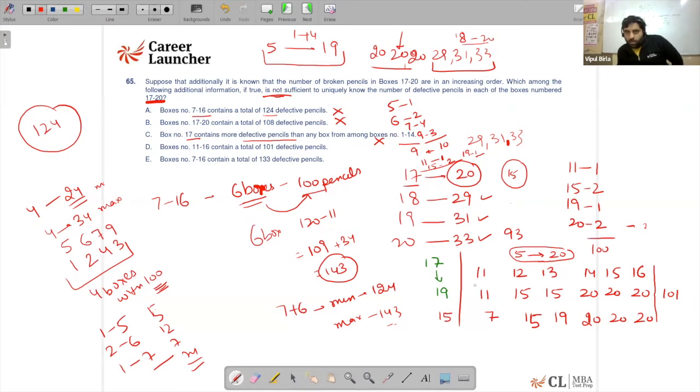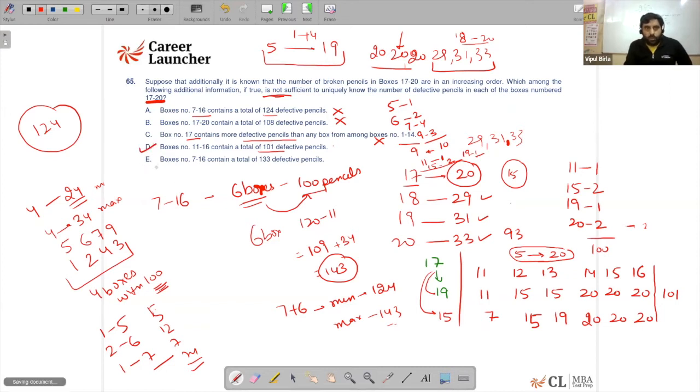So the other 7, 8, 9, 10 will be given a value, and 15 is one which is remaining. One of the 15 values which is given, 11 is something which is remaining, so that can be given. So basically 17 will have either 19 or 15. Therefore I can say with this data, it is not sufficient to uniquely identify what is there in box number 17, which may vary from 15, or it can be 19 as well. So this is one of the probable answers.